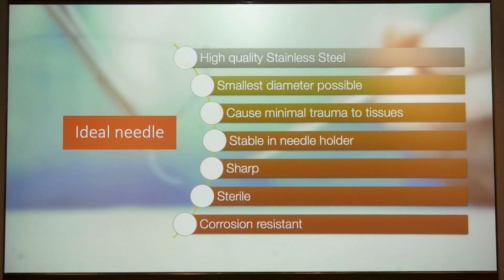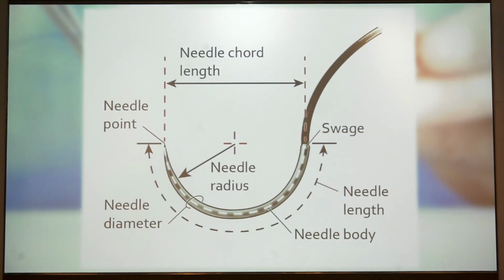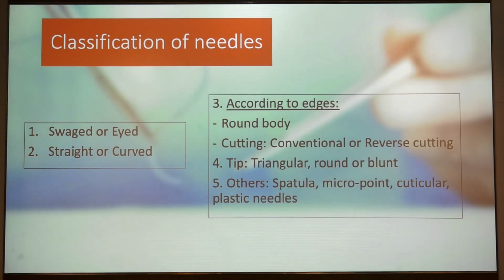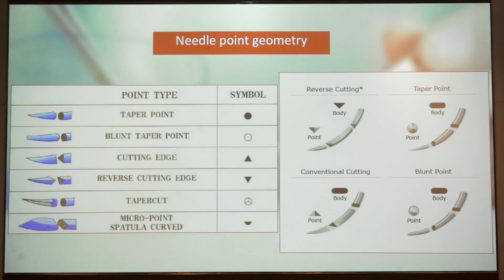So coming to needles, the ideal needle should have a smaller diameter, but obviously that is based on what you need the needle for, and it should be resistant to corrosion. So these are the parts of a needle, and they are basically classified based on this, whether they are swaged or eyed. The eyed needles require sutures to be threaded through them, and we generally use curved needles in oculoplastics, and they also vary depending on the point. So the ones we generally use are the reverse cutting ones,